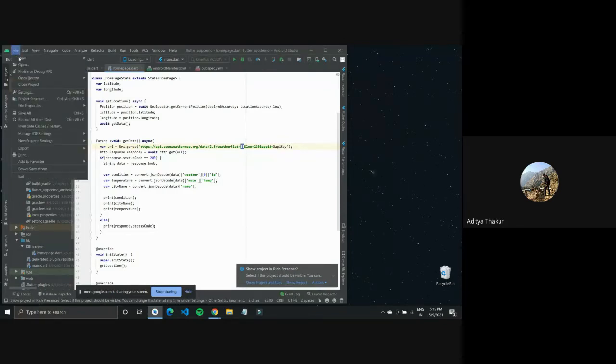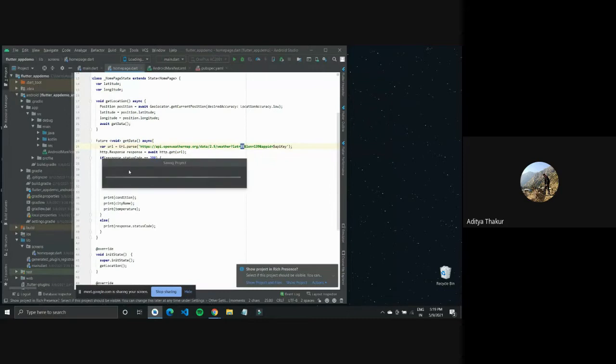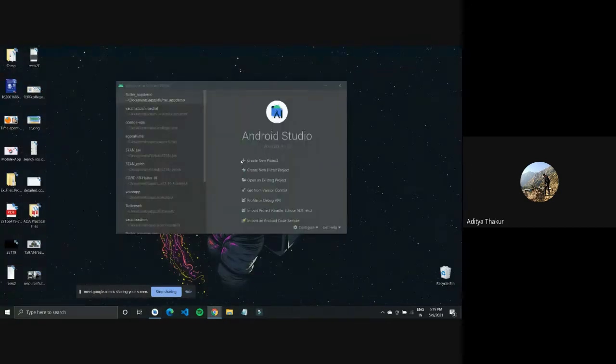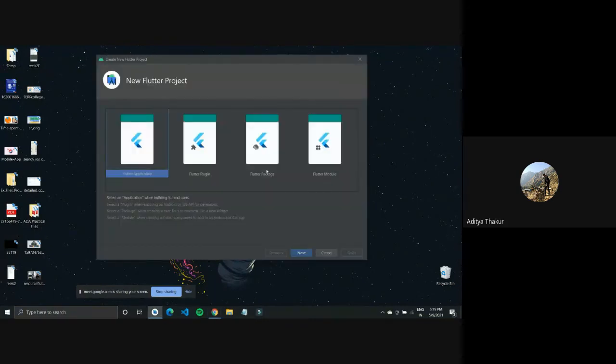because I think my emulator really lags on my device since it's a laptop, and therefore it is better when I'm using Chrome and Android Studio simultaneously. So I like to run my applications on a device, on my mobile device itself. To run your application on a mobile device, you need to configure developer mode, as in you need to turn on USB debugging. It is a very simple step.